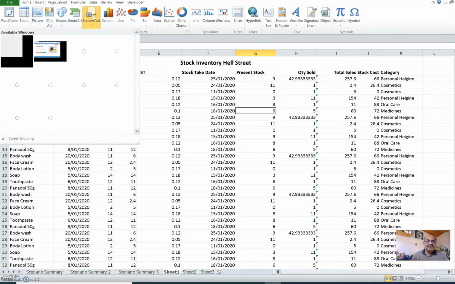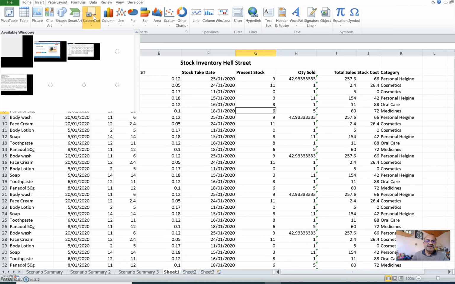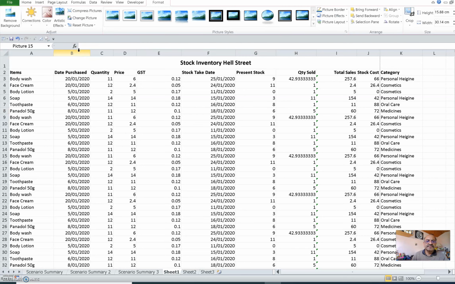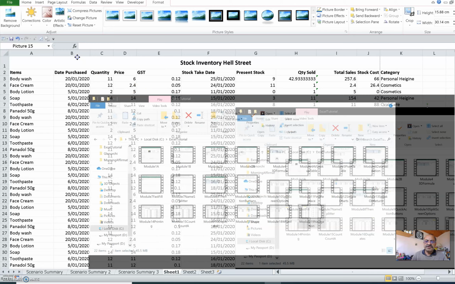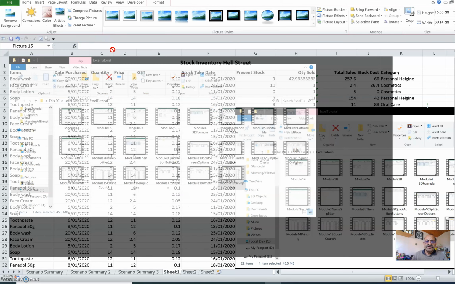Now once you click on ScreenShot, you have various screens which are open at the moment, and you can select any one of these screens to take the screenshot and insert into your document. Say for example, I'm clicking on this. Now you can drag it wherever you want. Now this is the screenshot